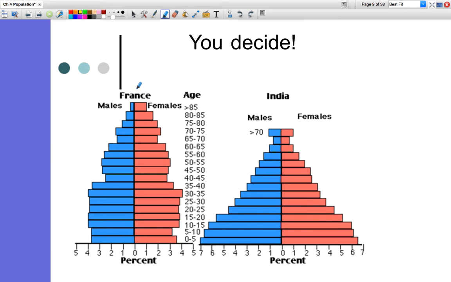So, you decide. France is an example of, we can see that we have a population distribution pretty equal, and still more at the bottom than up near the top. So France, I would say that we would be able to say is an example of a developed country with a slow growth rate. Whereas India, we can kind of see that pyramid, that steep pyramid,